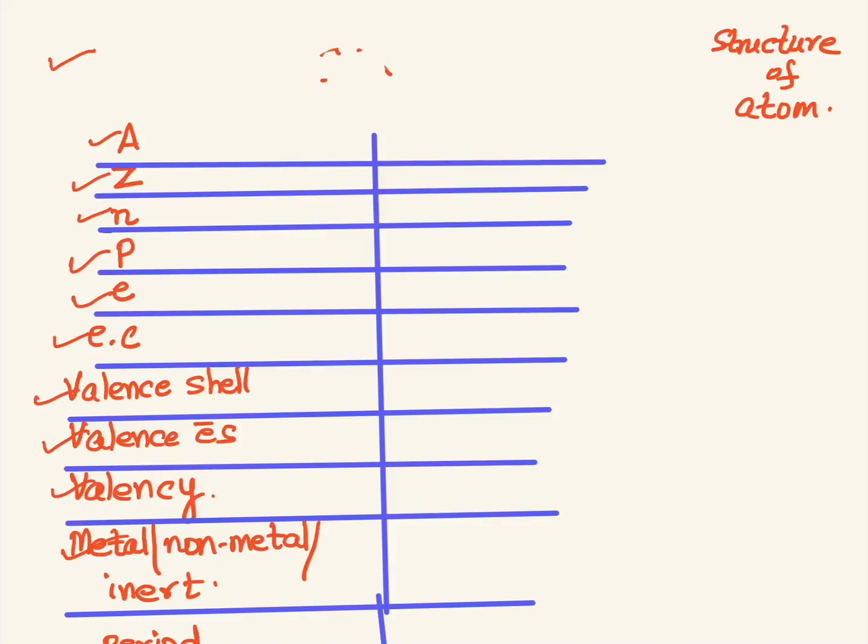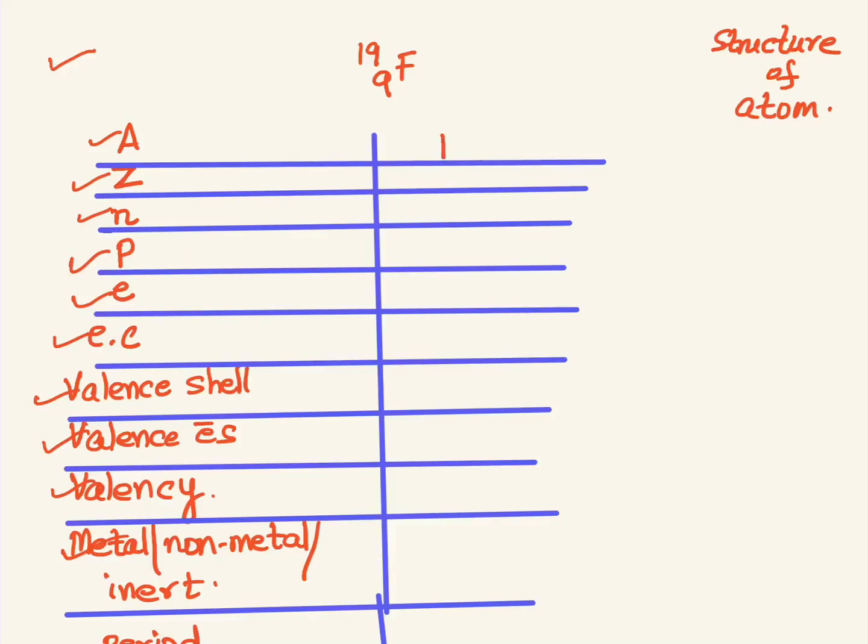Let's take the same, or should we take a different example? Let's take a different example now. 9F19. You are not doing it on the chart paper as yet. This is just a trial. Let's run a trial round and then we will tabulate it.